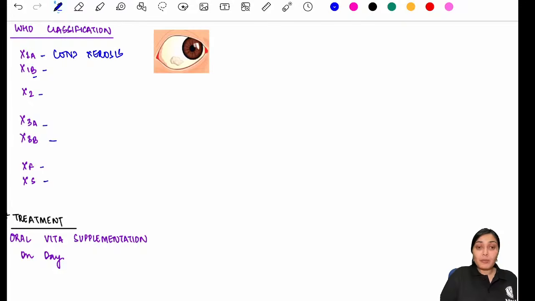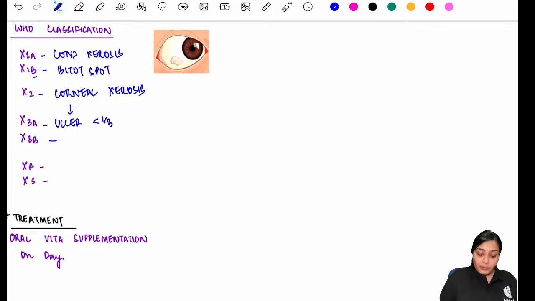X1B, B stands for bitot spot. This is the typical bitot spot you can see over here. Then we have X2, where you have now corneal xerosis. In X3, now corneal ulcers are formed. X3A is corneal ulcer